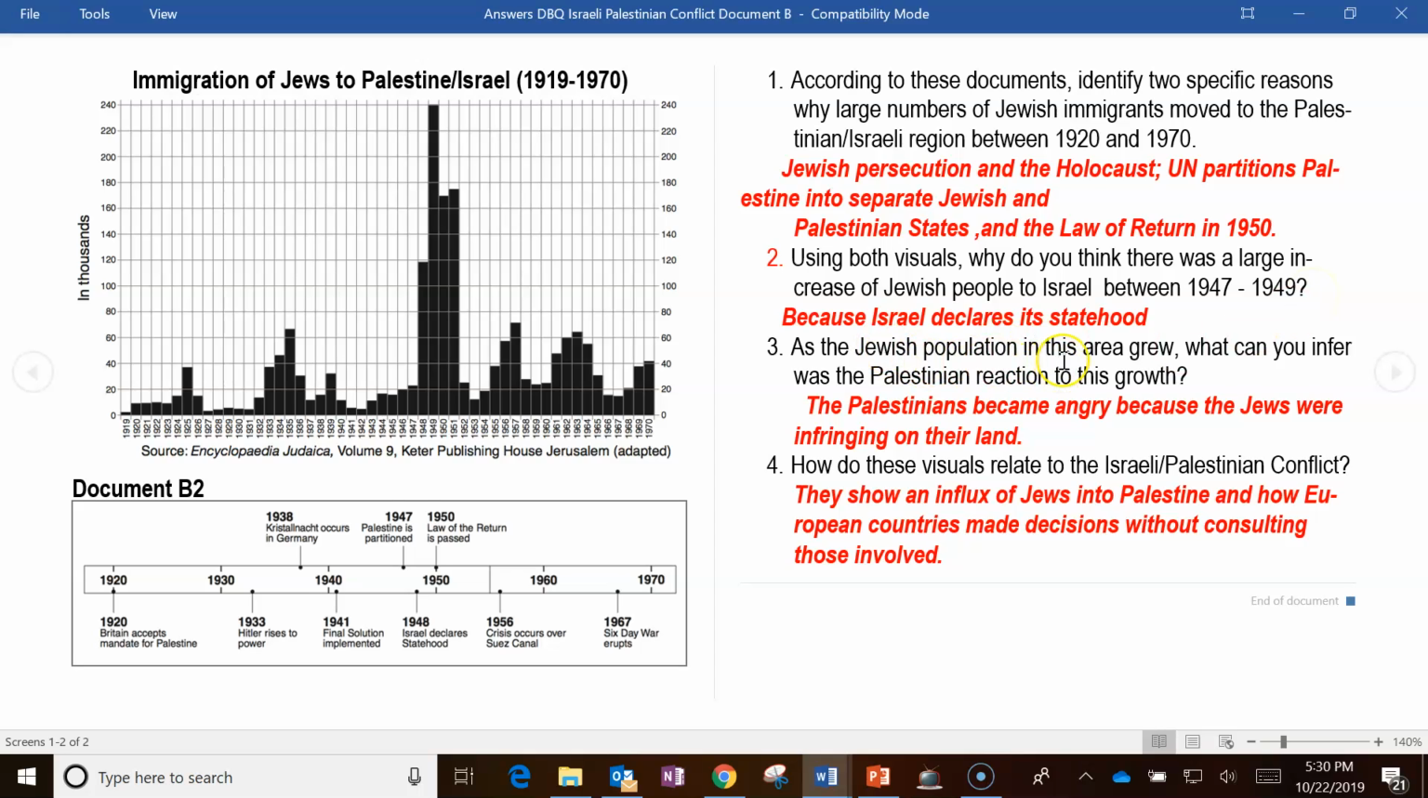And then as the Jewish population in the area grew, what can you infer? Infer means to project. What can you think? What do you think might happen? So what do you think the Palestinians' reaction to this sudden increase of Jews into this area between 1919 and 1970? I said that I thought that the Palestinians would become angry because the Jews are infringing upon their land and they're taking over, and more of them coming. And so that's leaving less and less space for the Palestinians. And I think that's a fair inference for these particular